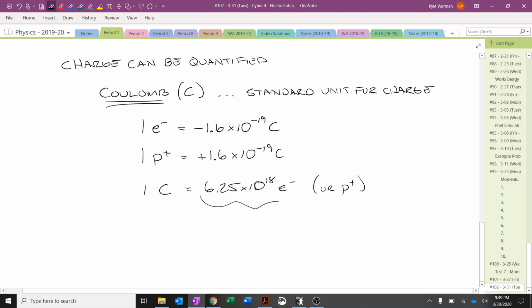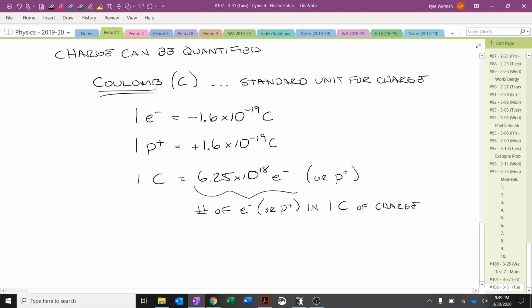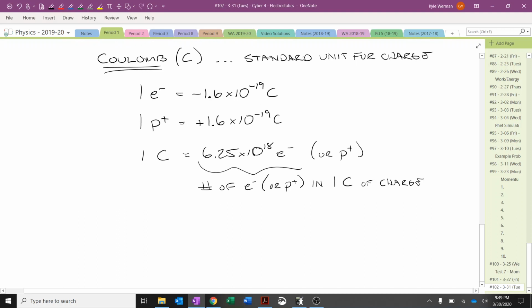All right, so this is the number of electrons or protons in 1 coulomb of charge. It turns out a coulomb is a lot of charge. When you talk about a lightning strike, that's in the scale of single-digit coulombs. So a coulomb is a lot of charge, and as a result, we end up dealing with really small amounts of coulombs. And so I want to take this chance to review some metric prefixes,